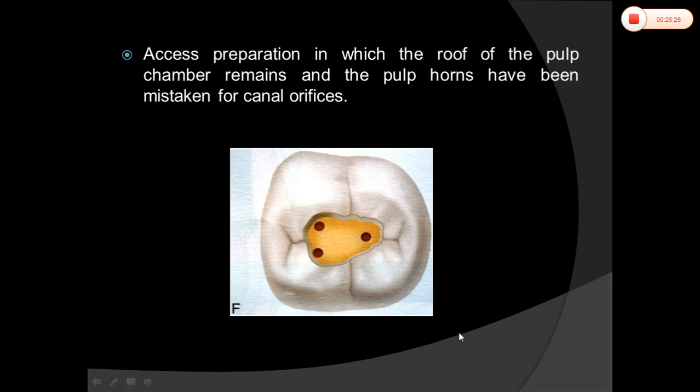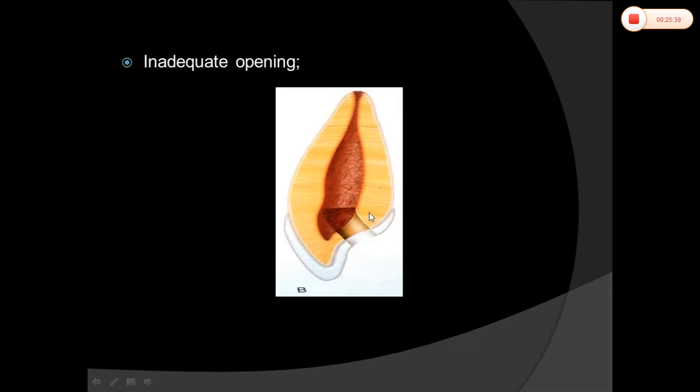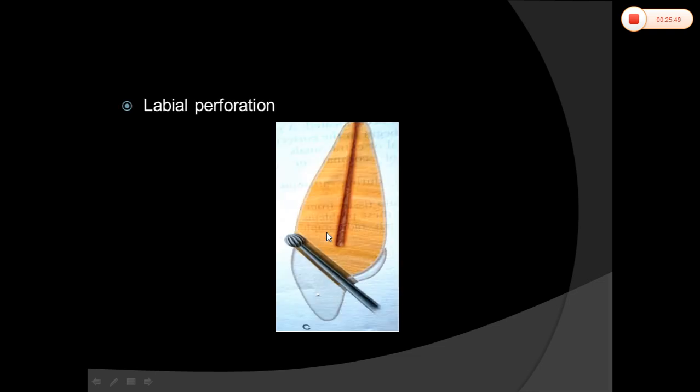And this is the occlusal aspect of the same picture. So you just have got 3 holes, that's it. You haven't de-roofed this pulp chamber. There is still a lot more pulp tissue here. And see here, inadequate opening. You have missed the tissue here. Later on it reflects as a pink tissue here, which can result in internal resorption also.